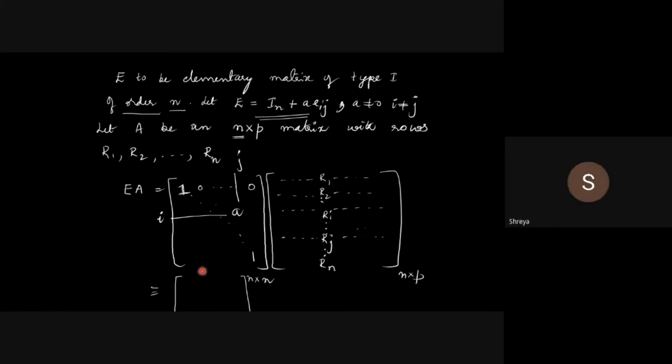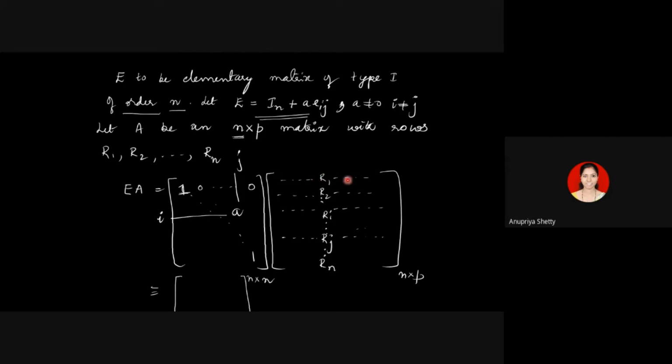So in general, what is happening when this first row is multiplied with each of the columns of the second matrix? Every time I'll get the entry from the first row itself. That's all I want. Because this row has only the integer 1 in the first place and everything else is 0, when you multiply the same row with each of the columns, what I get is the entries from the first row of A itself.